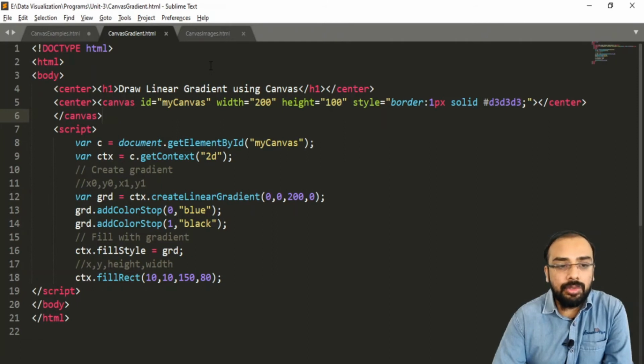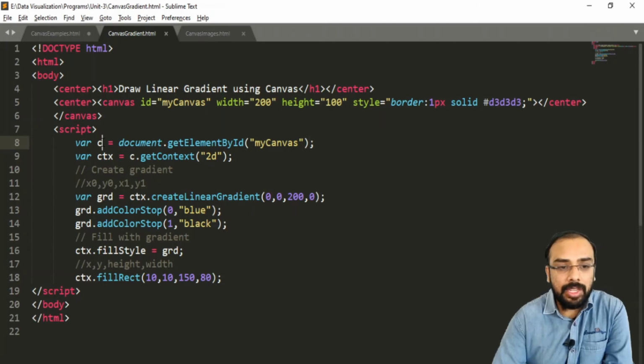Now in order to draw a canvas gradient we have to use JavaScript. So again we have to use a script tag. First thing is we have to specify where we want to draw this particular gradient. I want to draw the gradient where the canvas ID is myCanvas.